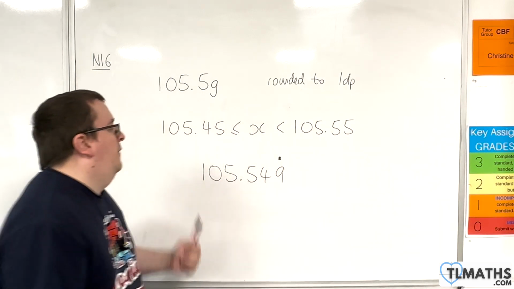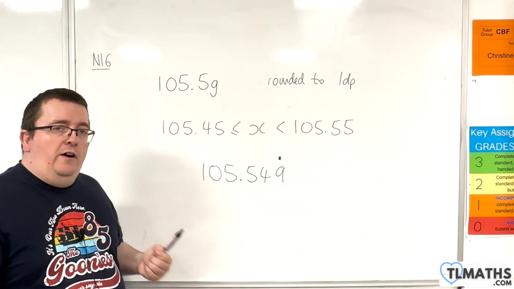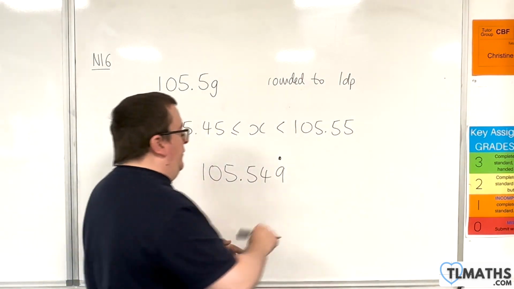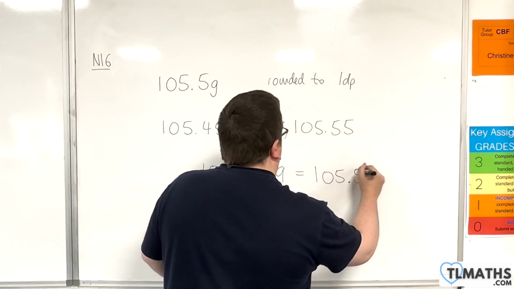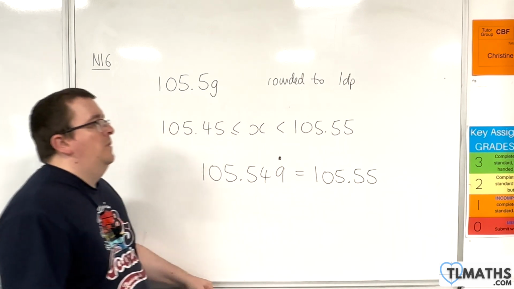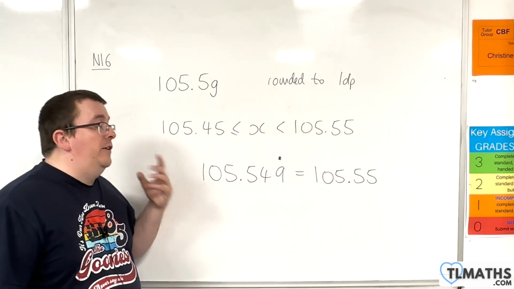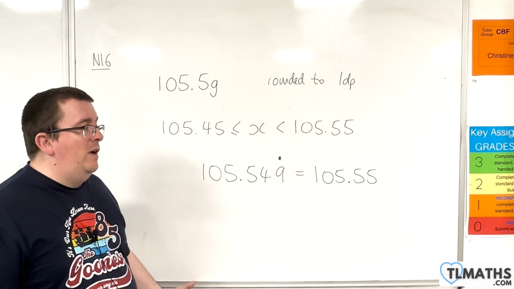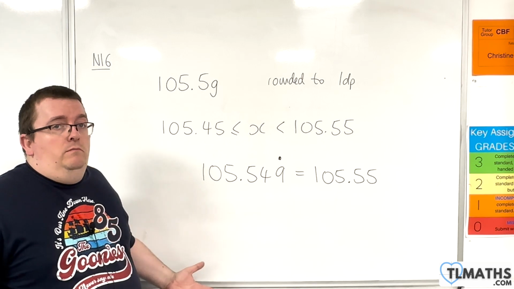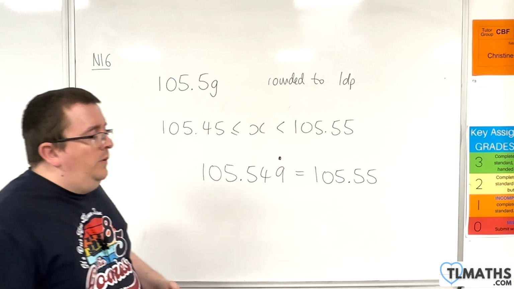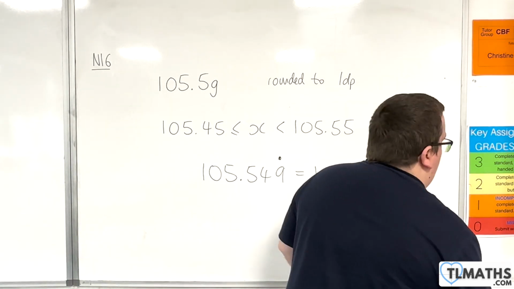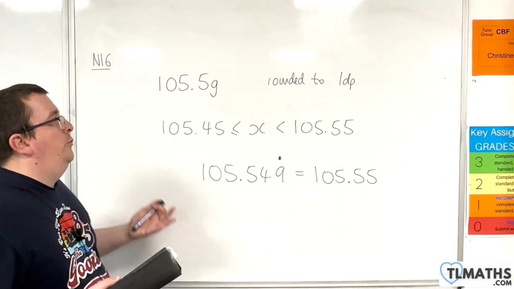But 105.549 recurring is equal to 105.55. So when I'm saying that the heaviest it could be is 105.55 grams, that's accurate. Okay, I can say that. Now, when I say that we're going to be looking at discrete setups as well,